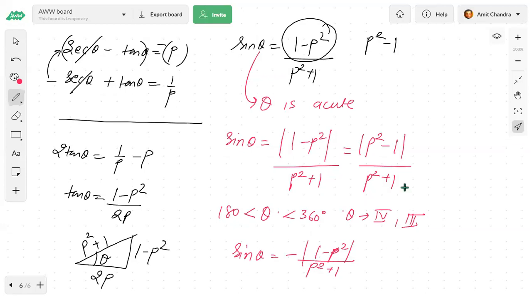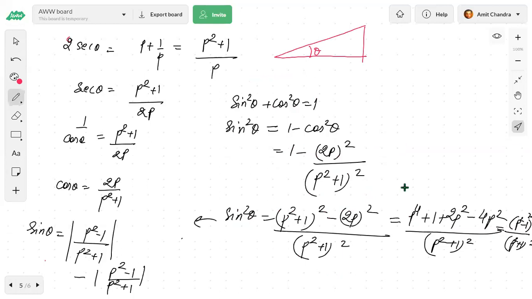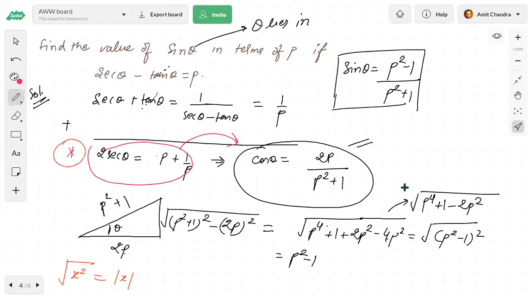Okay, so in three different ways I have explained. I've used cos square plus sine square theta, I've used the identity also. I will show all the slides. From the first, just check this. In the second part, I have converted everything into sine theta and cos theta. Okay, the first slide is copied.